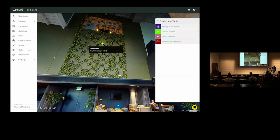So it's not just equipment, it's really anything that we're trying to collaborate on online. We need to pass information. We don't want this bottleneck. I don't have to call the property manager to go down and take a picture of the green wall. It's already here. We have it, right? And so I'm just trying to prep you guys and prompt you with a whole bunch of ideas of how this technology is being used and can be used in the future to completely transform how we think about operations